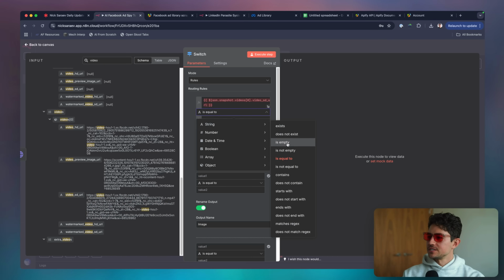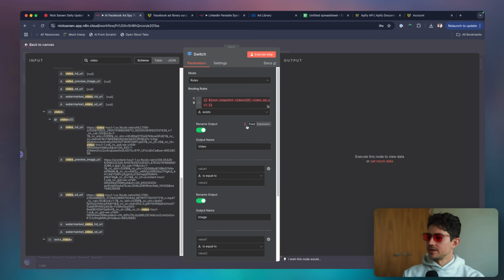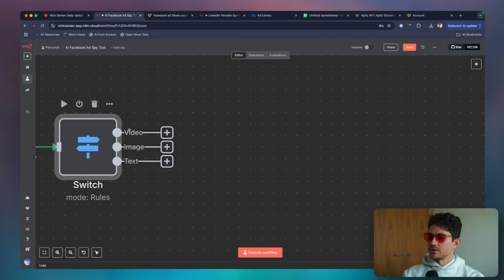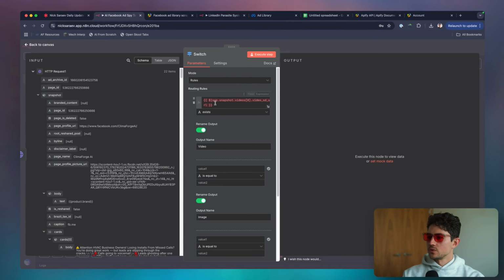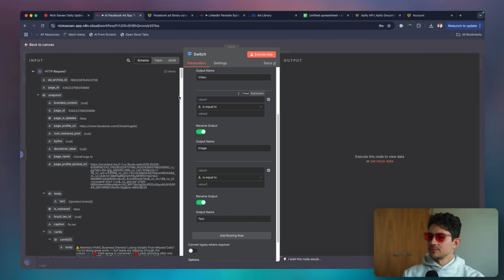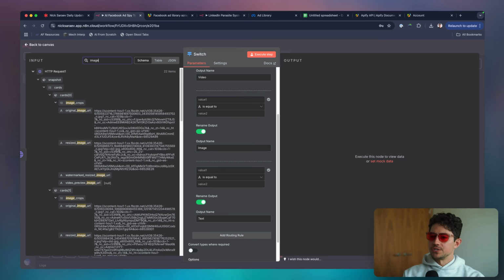So what do I want to do? I just want to check to see if this exists. If this exists, it'll go down the video route. If I zoom out now, you'll see we have 3 routes: video, image, text. So we've now sorted out the video route. Let's do the same thing for the image route. So maybe if I type image here,